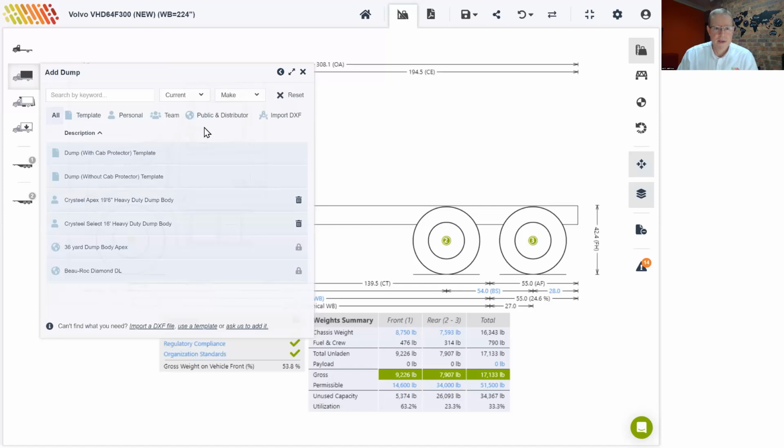So if you are a bodybuilder or equipment manufacturer and you have dealers or upfitters for your products, then you have the option of setting up your own unique distributor library and approving who has access to your products. For today's example, I've already used the DXF import feature to add a 16-foot Crysteel dump body to my personal